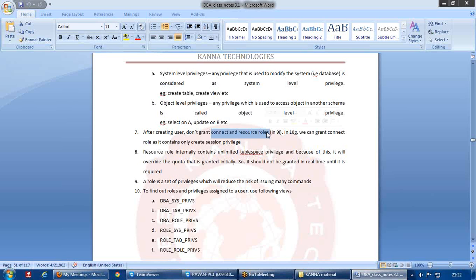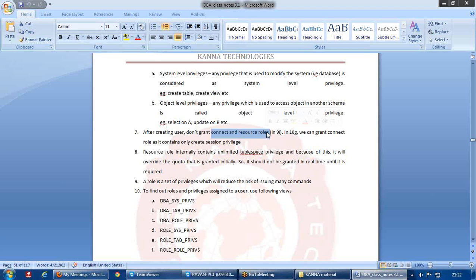As per the 7th point, after creating the user, we should never grant connect and resource roles in a 9i database, but in 10g we can grant the connect role, because in 10g the connect role contains only one privilege inside, that is create session, and create session is the minimum privilege that you should give to the user in order to connect to the database. So anyway you can't avoid it.